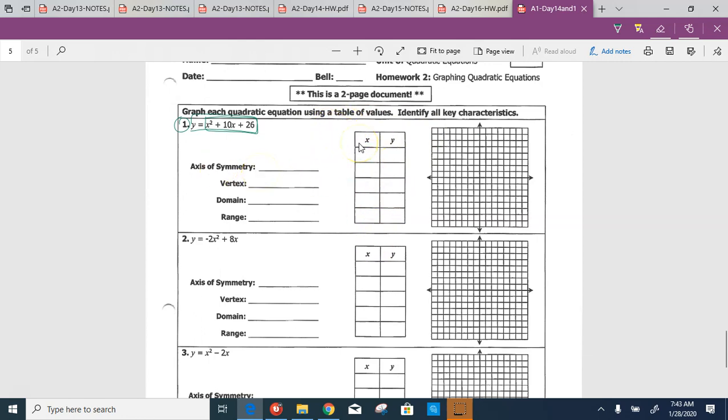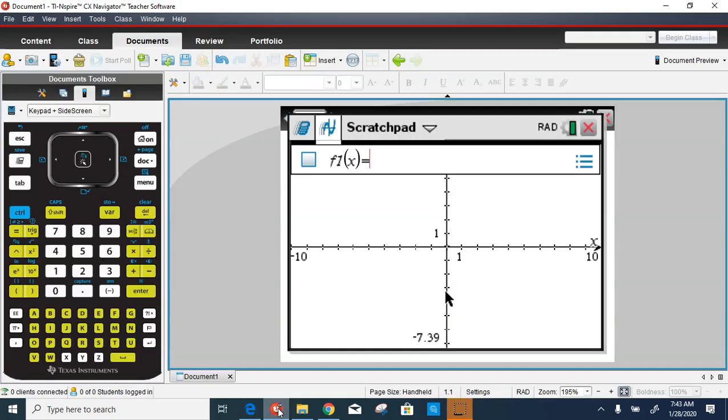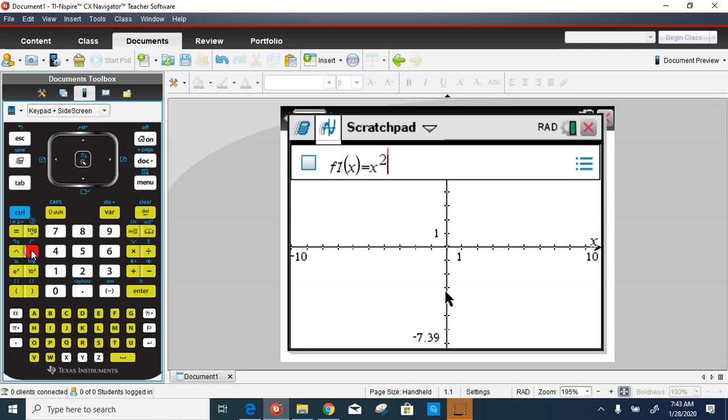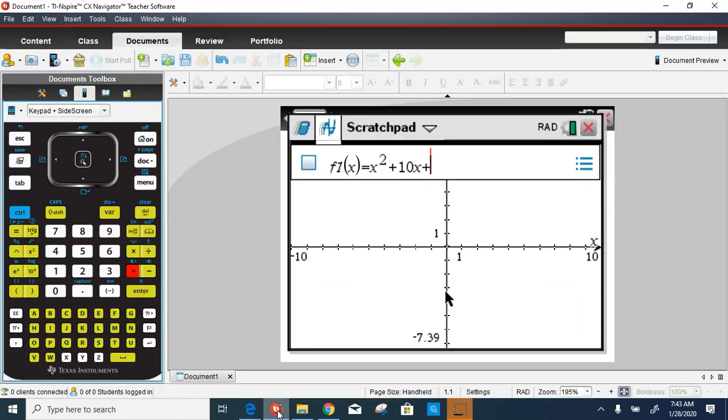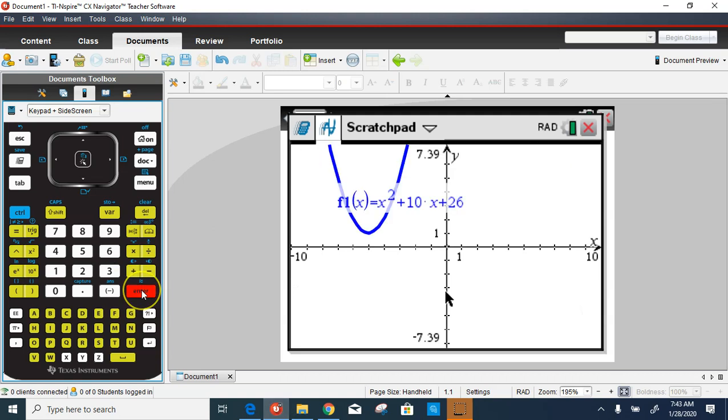The equation we could deal with for number one is x squared plus 10x plus 26. So let me type that into my calculator again. I'm over here in Scratchpad. So x squared plus 10x, this is where I went wrong last time. I forgot the variable. Plus 26, let me verify, yes, plus 26. Okay, enter. And there we go, that graph fits in our standard size window,